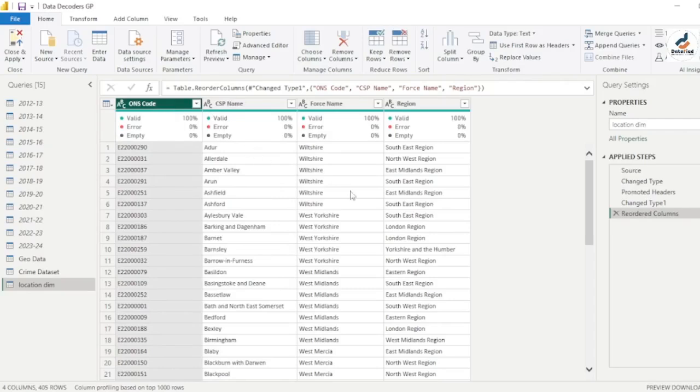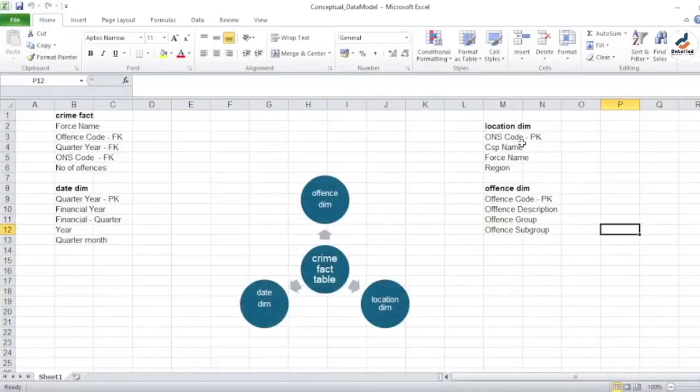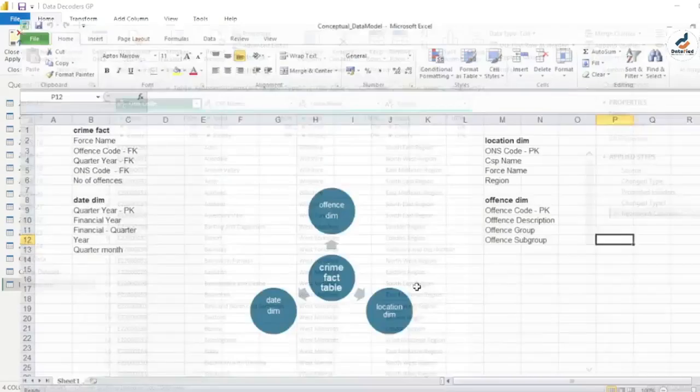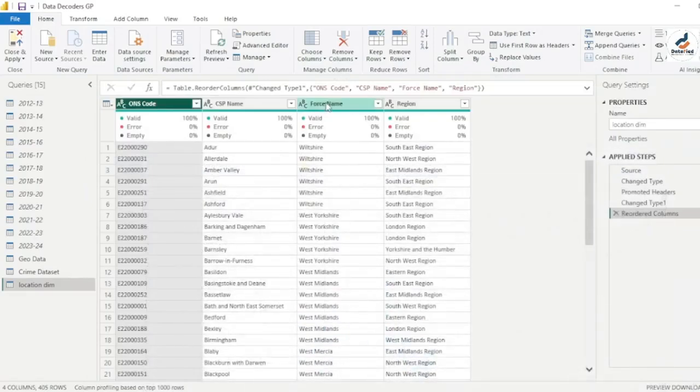Now, how do we make this table unique? How do we make it devoid of duplicated entries, so that it will satisfy our location dimension table? Remember, we are trying to just have these 4 columns in this table. We already have it: our ONS code, CSP name, and then we have first name, region. Now we are good with the columns that we have. But the other condition to make this table a dimension table is to make every record unique. So for us to do that,